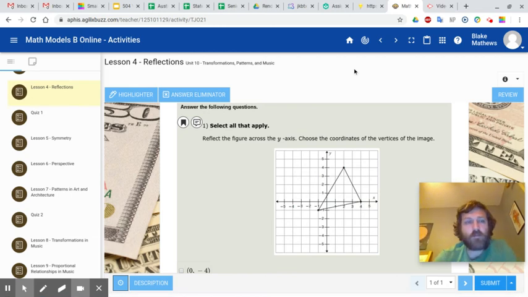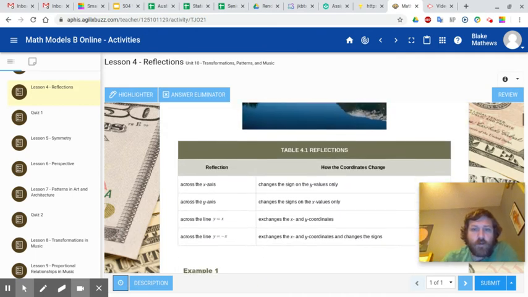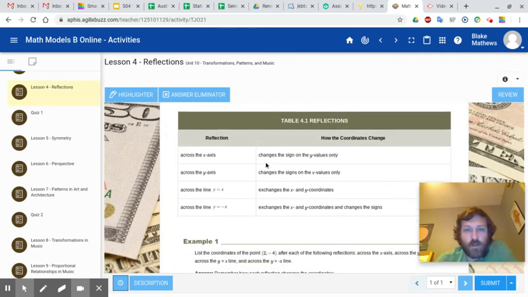This is the Math Models Unit 10 Lesson 4 video. So the video, this lesson is about reflections. So they give us a little bit of a guide right here on how this all works. This is probably the most important part of this. So you want to have this kind of in front of you in some form because these are the changes